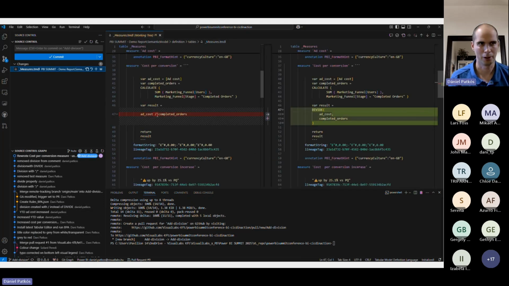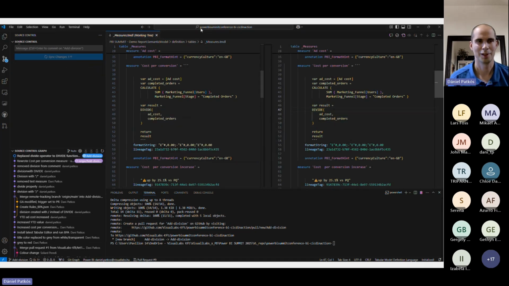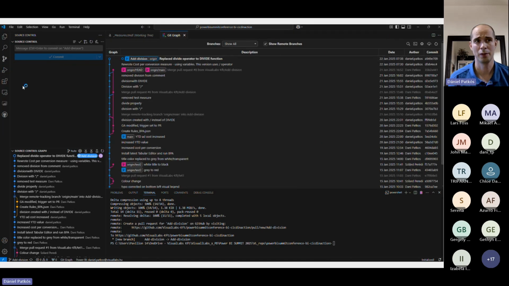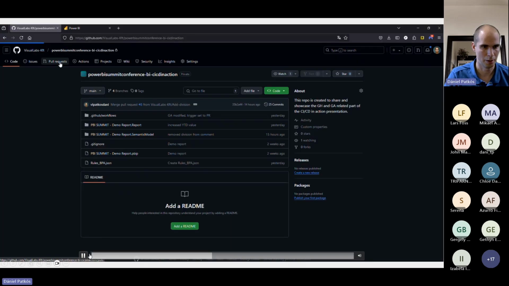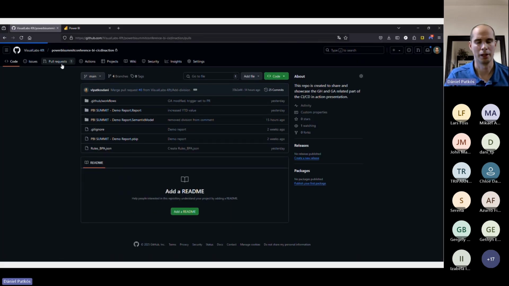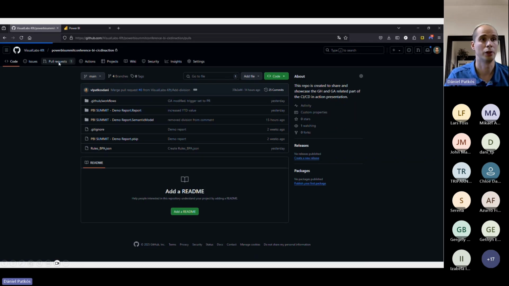We can compare the code. I'm also going to create the commit message and sync with GitHub. So our previous version is not lost. It just wasn't accepted as good enough to merge with the main branch. So if we move again to the approval perspective and go to the pull requests,